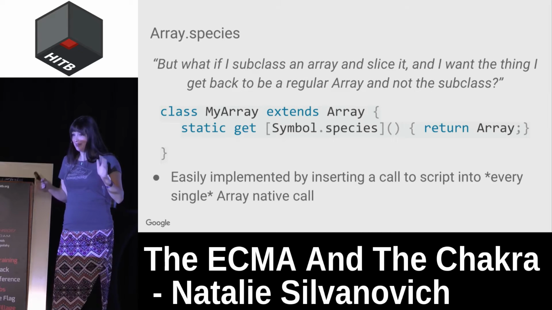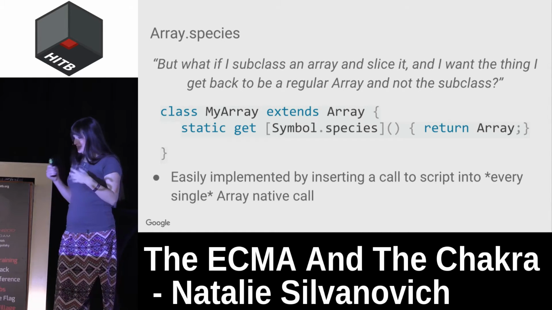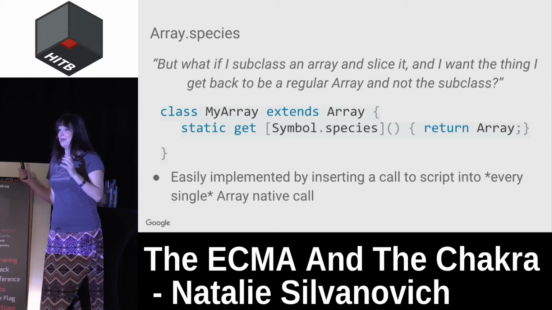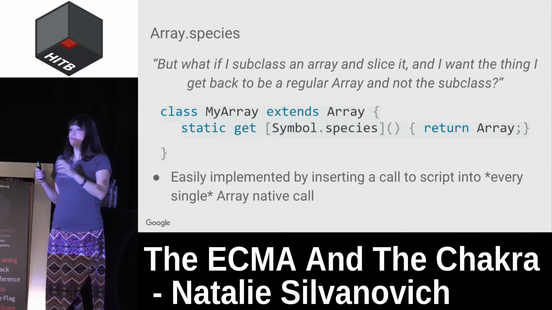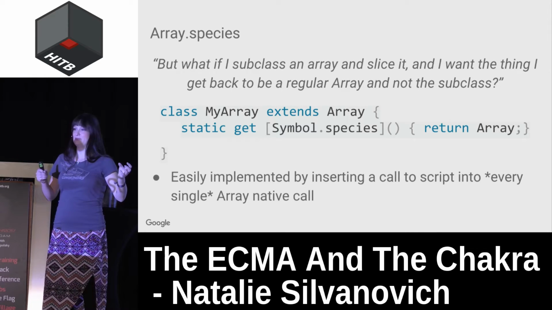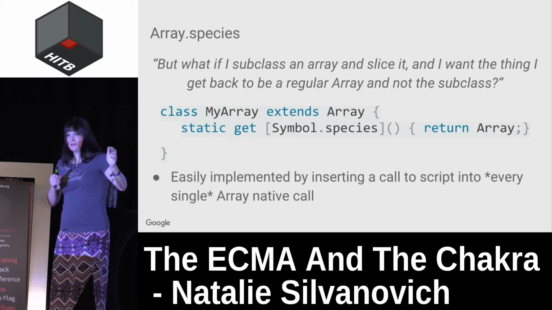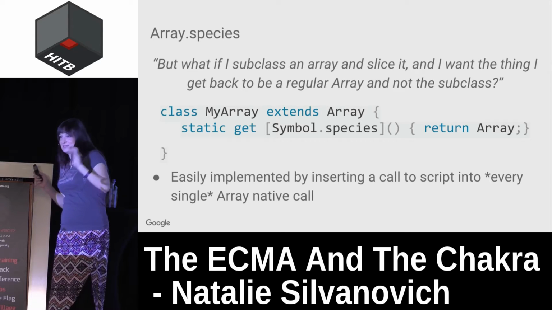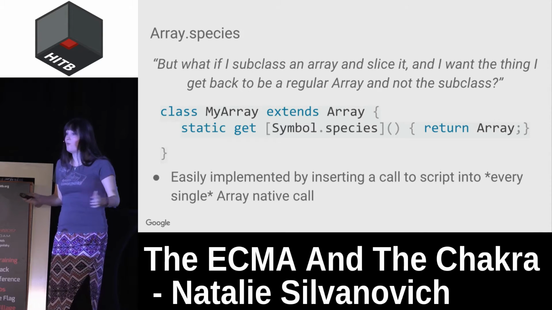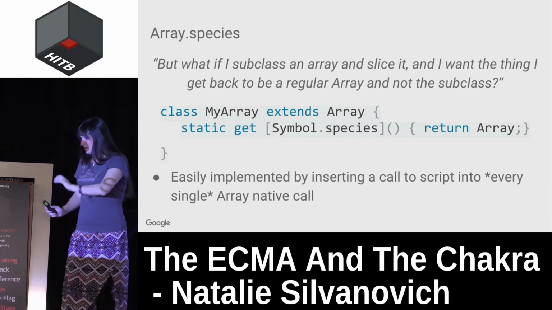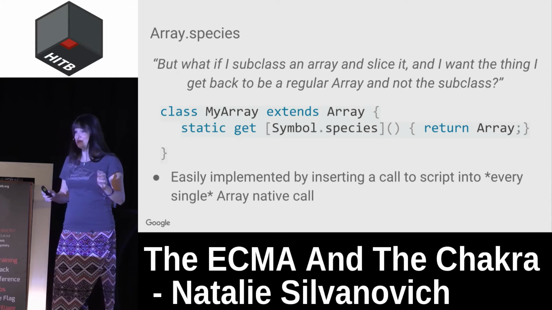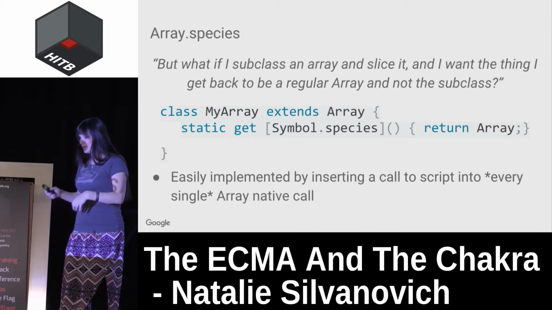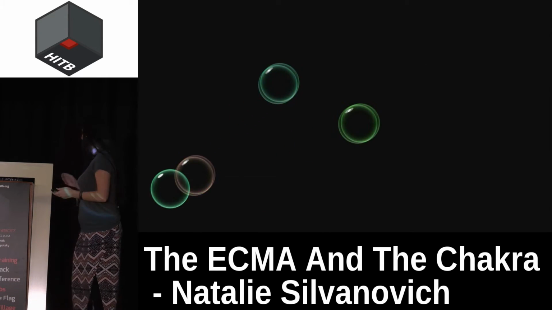And the idea of this is, let's say you call a function on an array, and it's a function that returns an array. Something like filter, where filter will take each element out of the array, run a function on it, then put the return value into a different array. Now, you've got this array you get back. Is that array an array, or is it a subclass of an array? And what the ECMAScript standard has to say about this subject is, why don't we do both? So you have the symbol species on the array class that you can redefine and add a constructor. And then this will be used to construct the thing that your